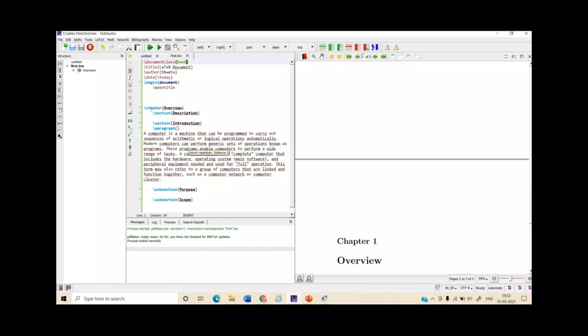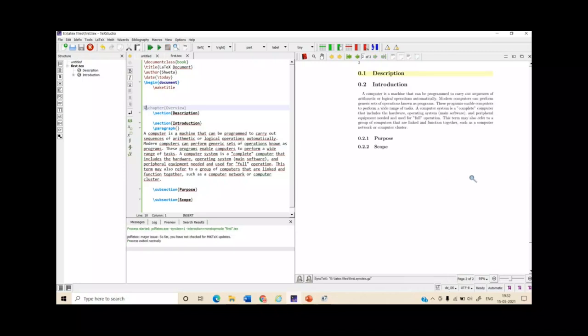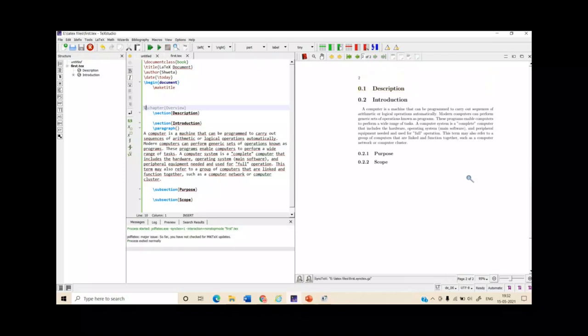Now, see, if I again comment this section and you just build and recompile it. Now see what happened. It is showing 0.1, 0.2, 0.2.1. What is all about? Remember one thing, a book starts from a chapter.